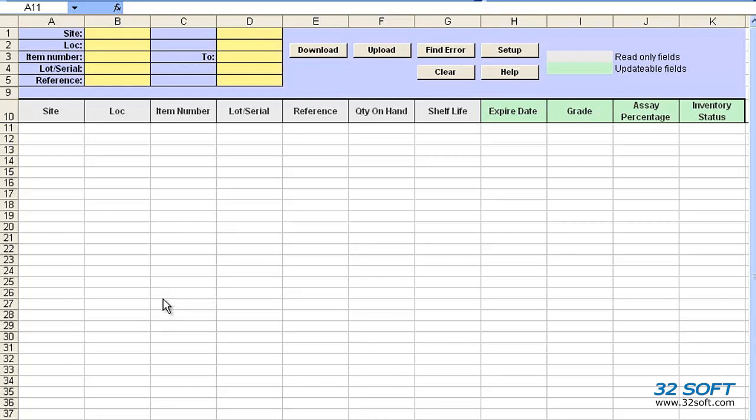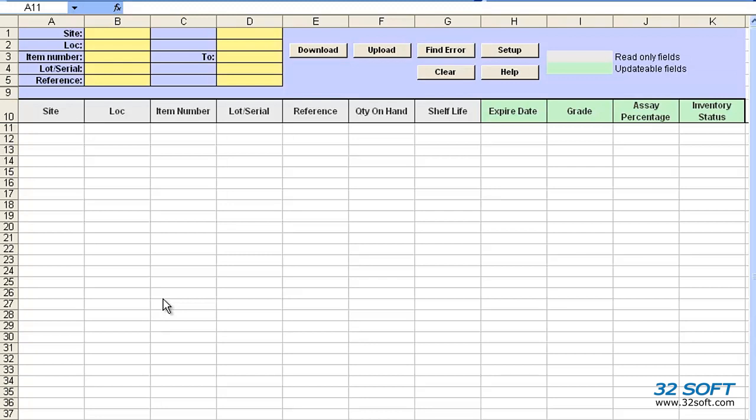This data loader was designed especially for QAD users who work with a large number of inventory detail records in the QAD 3.1.1 menu. You'll find that this efficient and productive tool allows you to download data from QAD into Excel spreadsheets, where you can easily manage inventory details. Then, quickly and safely, upload your revised data right back into QAD. Let's take a look at how Inventory Detail Maintenance Data Loader can help you manage your inventory details with greater